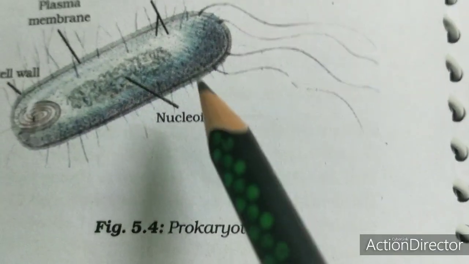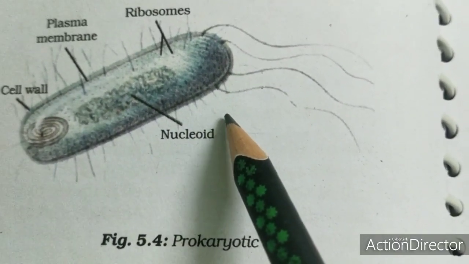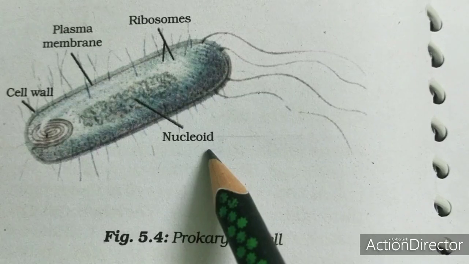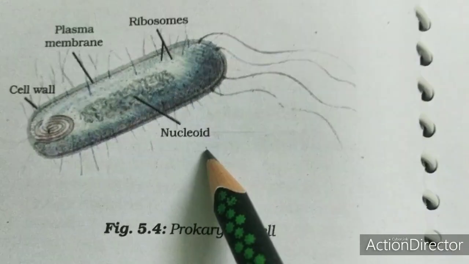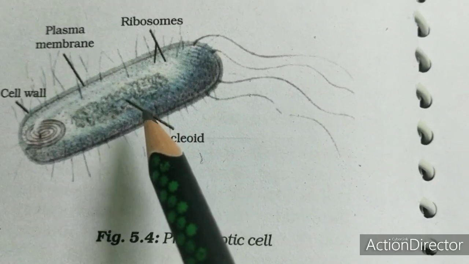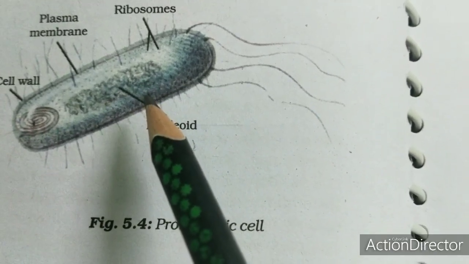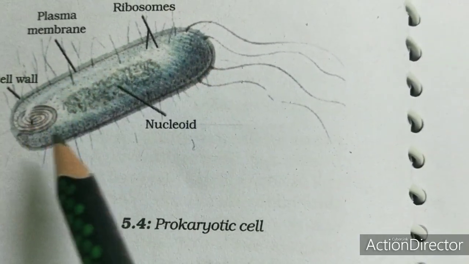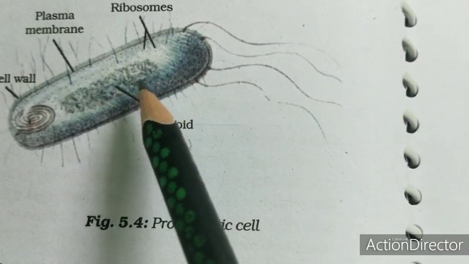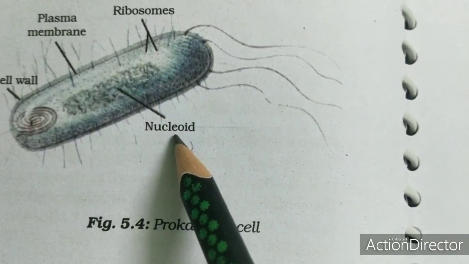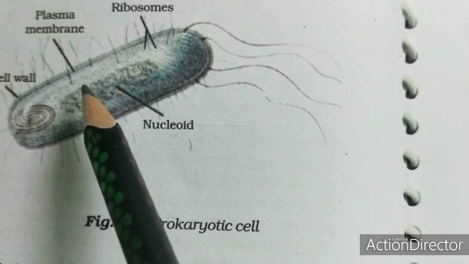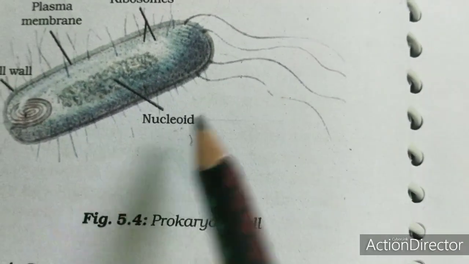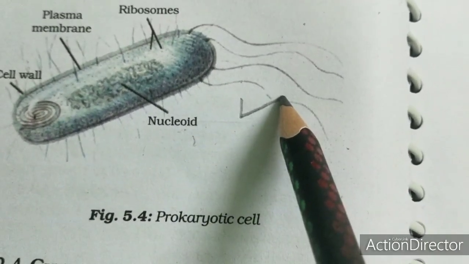This is the example of a prokaryotic cell, that is the bacterium, and in this bacterium we can see the nucleoid, the undefined nucleus. The nucleus without nuclear membrane, and membrane-bound organelles are not found here. So such a type of cell is a prokaryotic cell, and such a type of nucleus is called a nucleoid, meaning the nucleus without the nuclear membrane. This is nucleoid. And this diagram is also very important from the point of exams. You need to practice well.